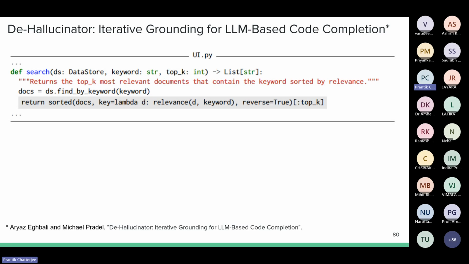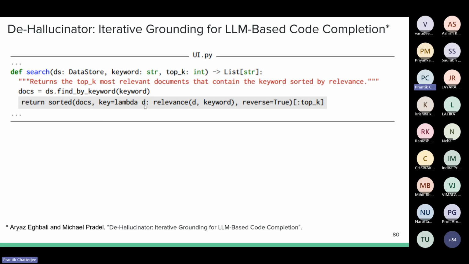The reason is that large language models are machine learning models, right? So they are essentially synthesizing their outputs. They are not reasoning over the input domain. Due to this synthesis, they might hallucinate and simply come up with sentences which look meaningful, but they are not. So this work is called DeHallucinator. DeHallucinator tries to sidestep this problem of hallucination by large language models.